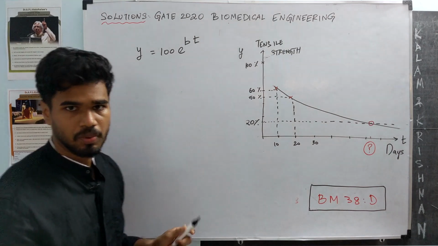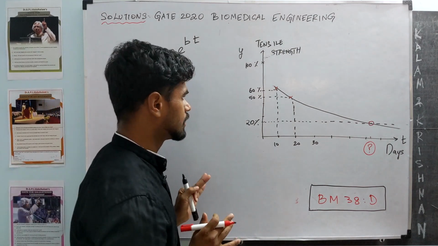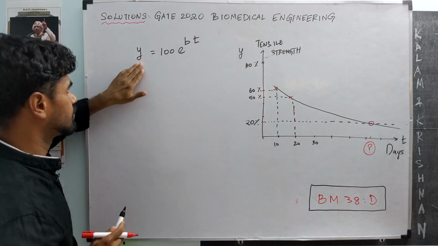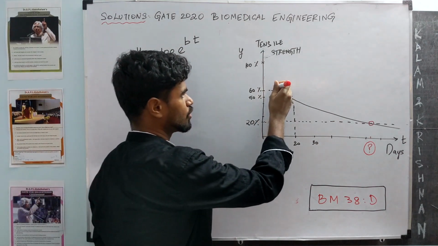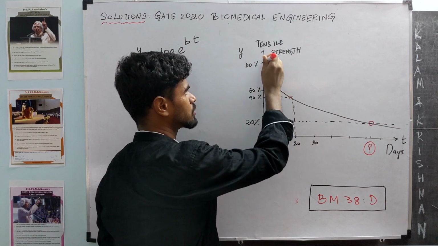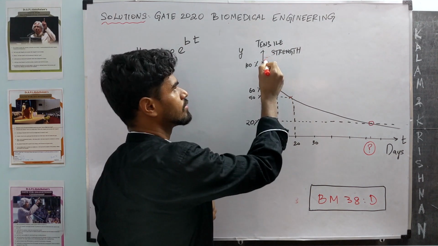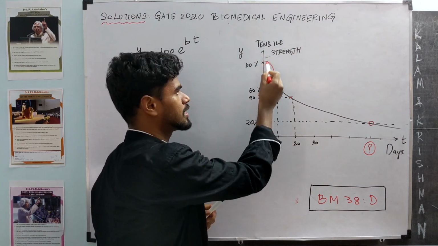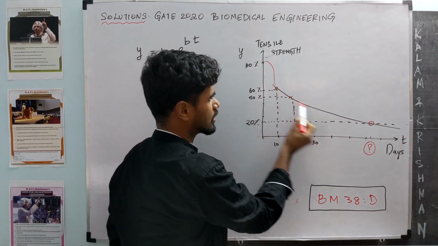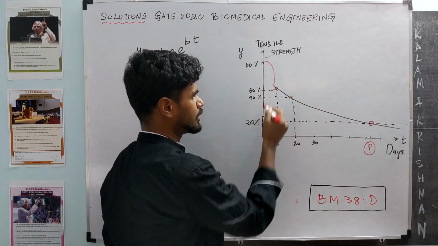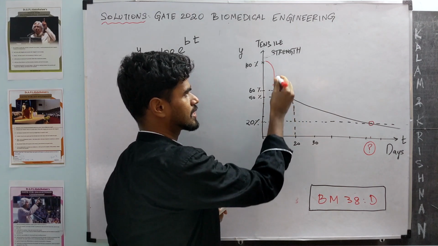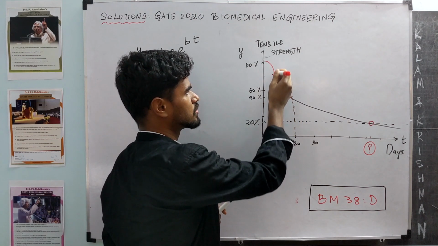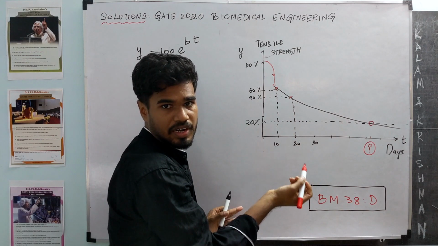So a couple of oddities show up here. First of all, if you try to fit a function y is 100 e power bt, you do not know whether this function is going to be exponential here or here, or even if the rate of exponential drop is going to be the same here compared to this one. For example, it took 20 days for it to drop by 50%, right? So in the 10 days I would have expected it to be close to 75%, right?